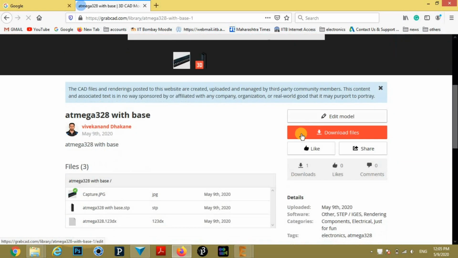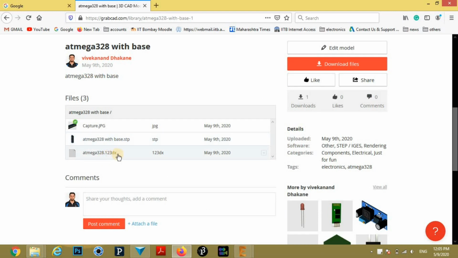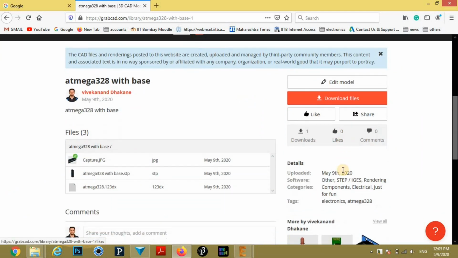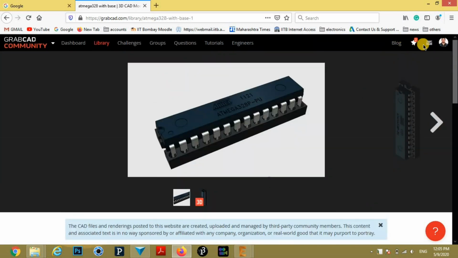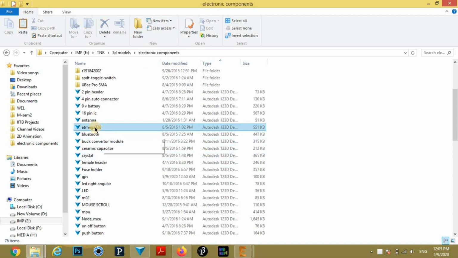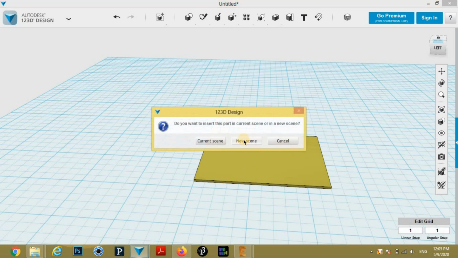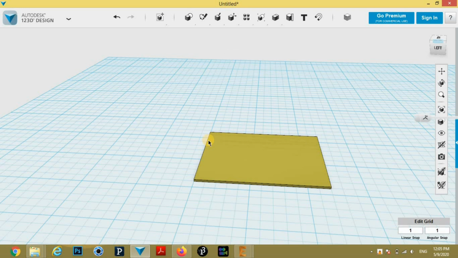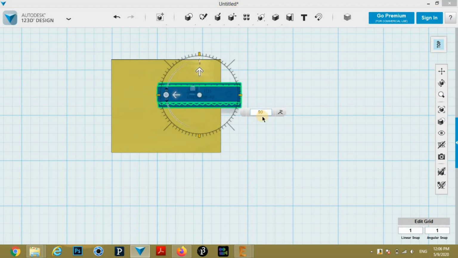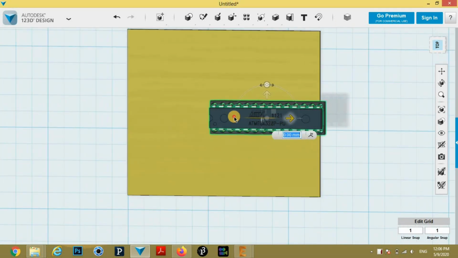You can download its STEP file, or you can download Autodesk file. Now I am importing Atmega 328 IC in Autodesk software. Now I am fixing IC on PCB.